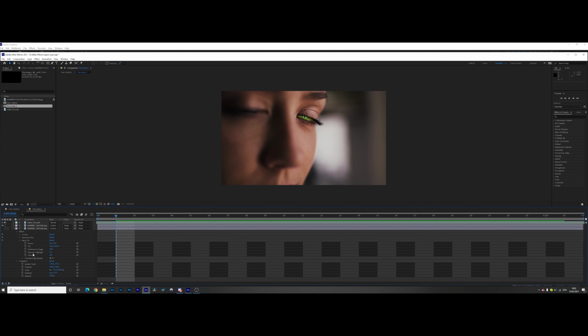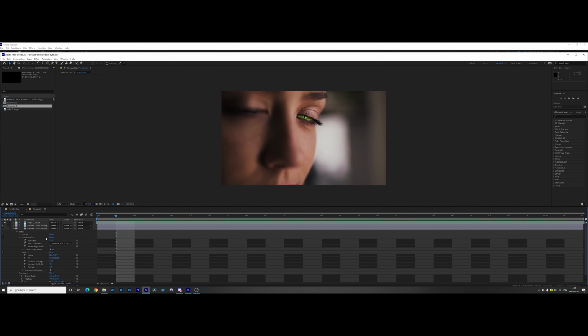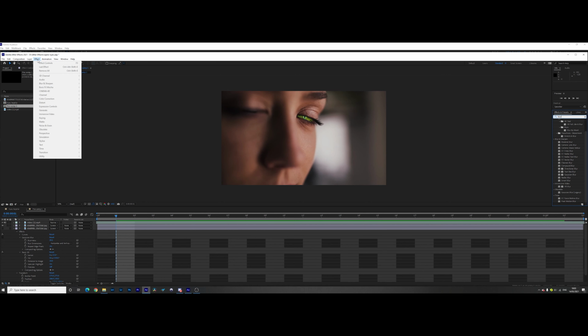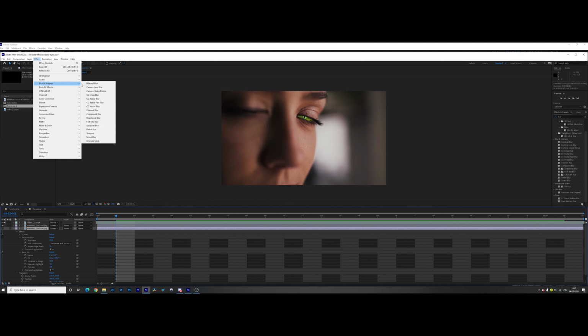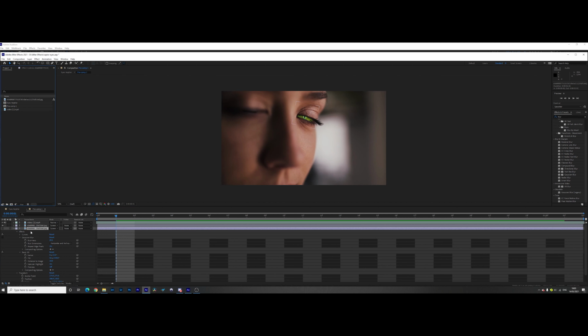And you need to add a Gaussian blur. So if you go to your effects and just type in blur, it should be either on your little bar here, which is Gaussian blur, or you can go to effect up on there and go to blur and sharpen and select it from there. So I'll show you how to do that. Blur and sharpen, go down, Gaussian blur. Okay, so let's move on. So Gaussian blur